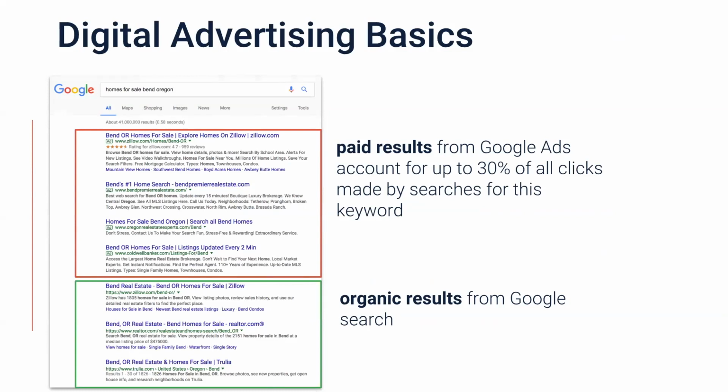We have them separated here. At the top, you have paid results. The first 4 results are always going to be paid. This is what PPC is. This is Google AdWords. This is Google Ads. People pay to be in these positions. On the bottom, you have organic results, still served by Google, but you don't pay. This is all SEO related. So for the sake of this webinar, we're talking specifically about the paid results.